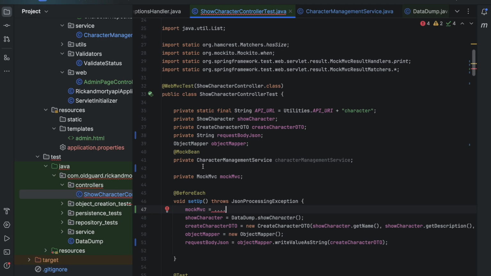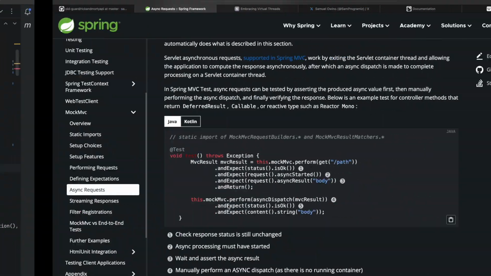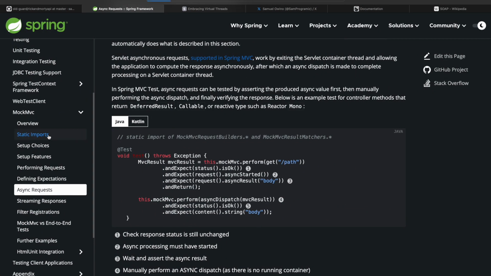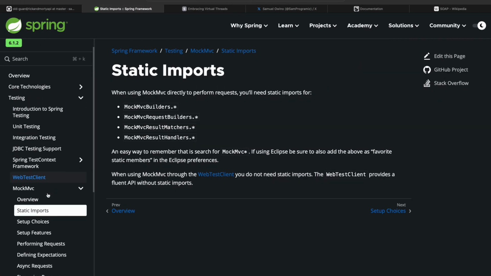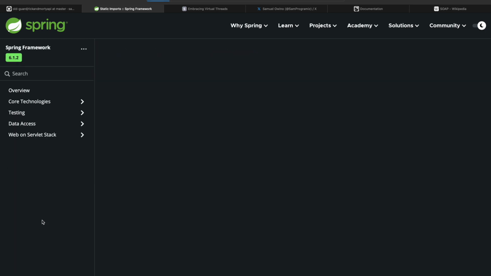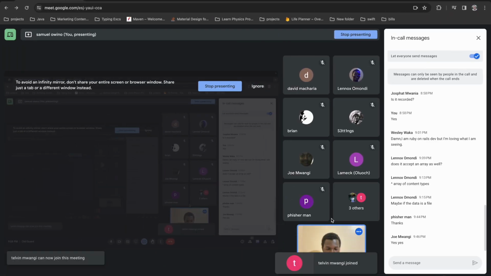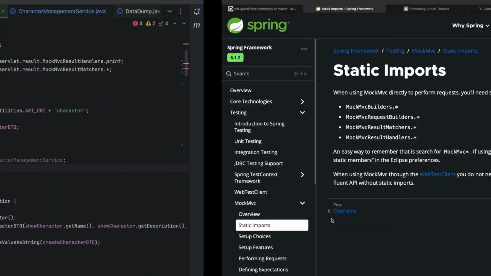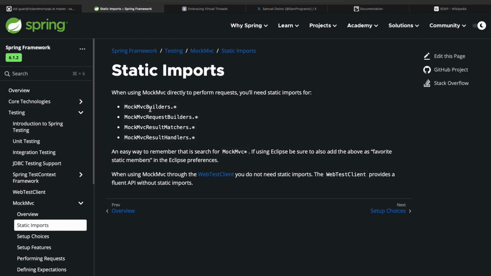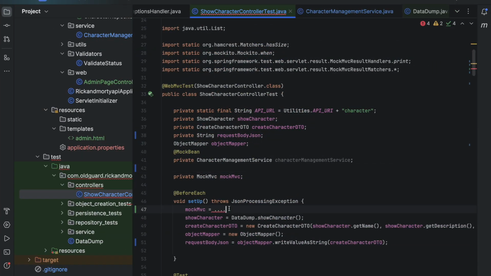I think I also removed that annotation deliberately because I wanted us to look at those objects that I referenced earlier. So in the setup stage, I referred to the MockMVC builders. These MockMVC builders allow us to actually create a MockMVC instance, and the way we would go about it